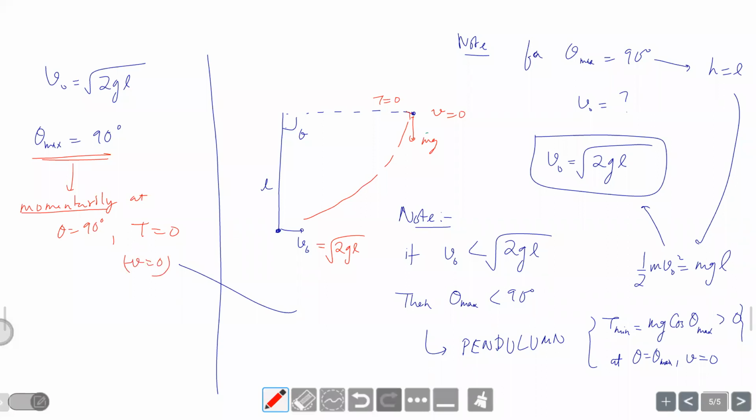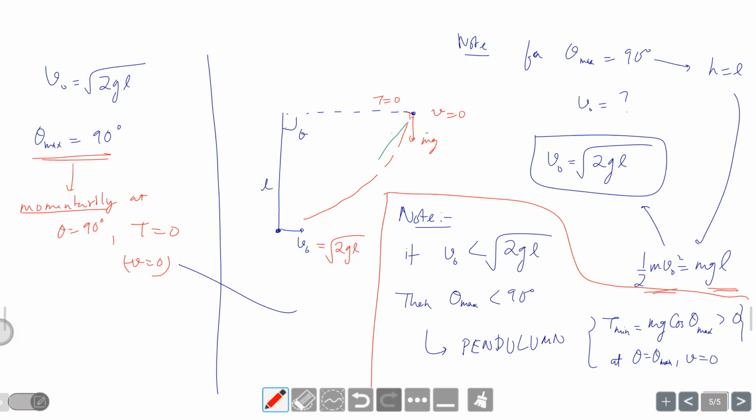Here h is equal to L, because at the 90-degree position, what is the vertical height? Instead of L times (1 minus cos theta), theta is 90, so that cos theta term is 0. So the condition for it to reach 90 is that it should have climbed a vertical height equal to the length of the string. For that, how much kinetic energy do we need? For it to just reach there, the kinetic energy should be equal to just this much potential energy. So if it is less than this, it will not reach. That means this is the condition for it to behave like a pendulum. Whereas this is a limiting situation, exactly root 2gL.